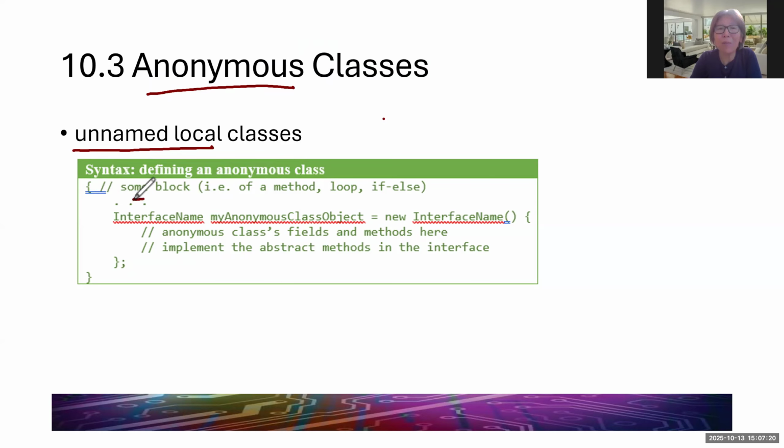So the syntax to define an anonymous class, generally speaking, a lot of the time we use it within some block. So it's kind of like a local class. So over here, some variable is in the type of some interface. Then you do new and the interface. So this looks like a constructor. It creates some object. But be careful, you can't directly use an interface to create an object, because over here we omit a lot of